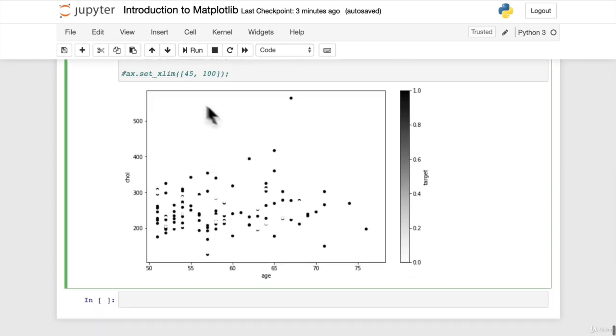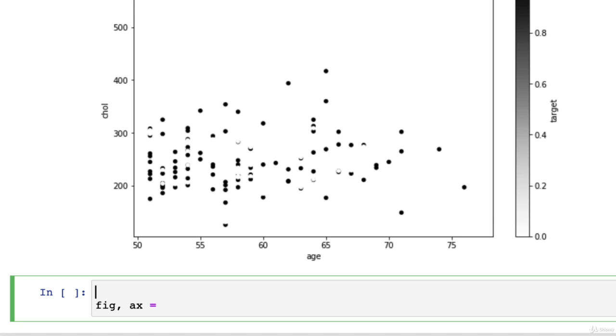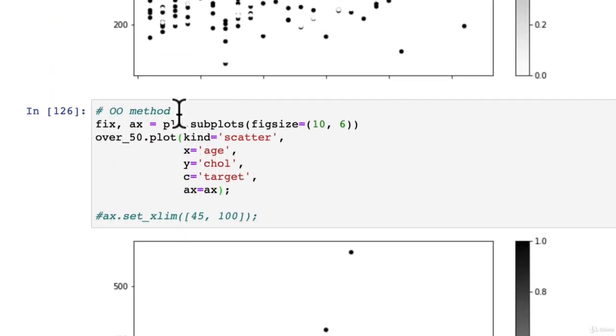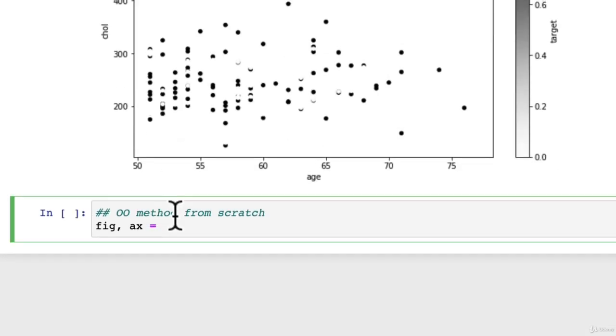So what we're going to do is recreate this, but using the object-oriented method from scratch, and then we're going to customize it to make it look a bit prettier. Let's start. We'll create a new figure and a new axis. We'll put in here OO method from scratch. And up here we might go OO method mixed with pyplot method. So then we'll go